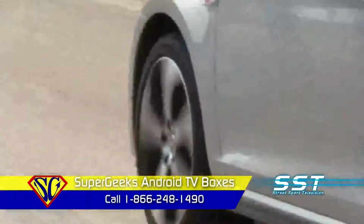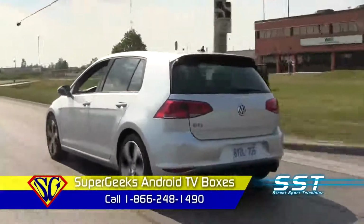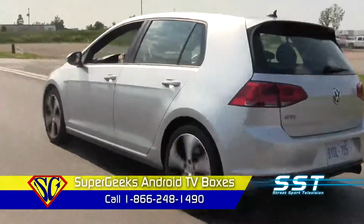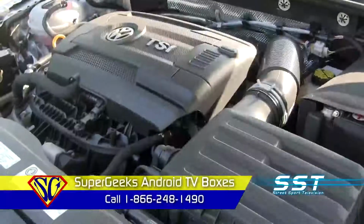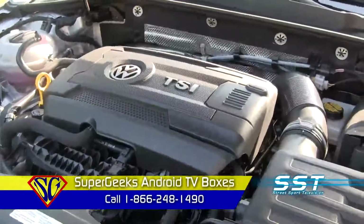The Volkswagen Golf GTI is a performer. On the surface, it looks like any other Golf. But that GTI badge means there is something special under the hood. That something special is this 2-liter turbocharged 4-cylinder engine. It produces 210 horsepower. Now put that kind of power to the pavement under a small car like this, and